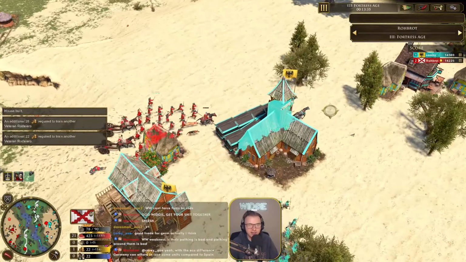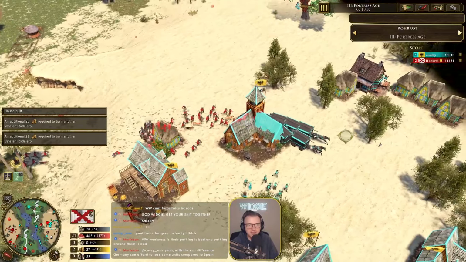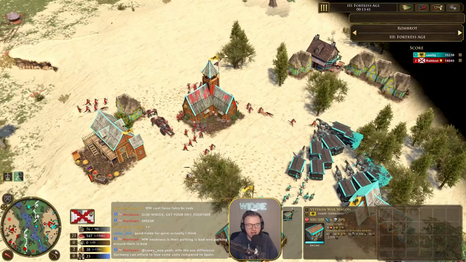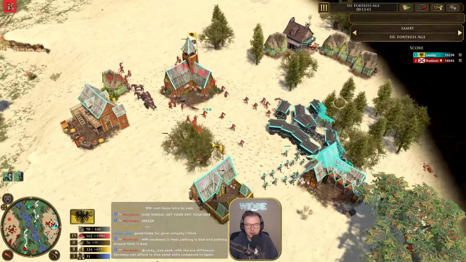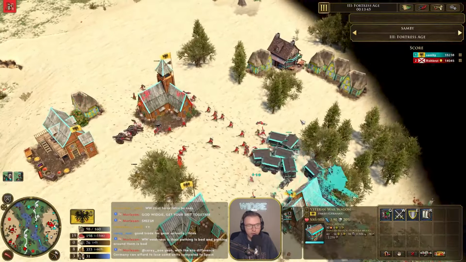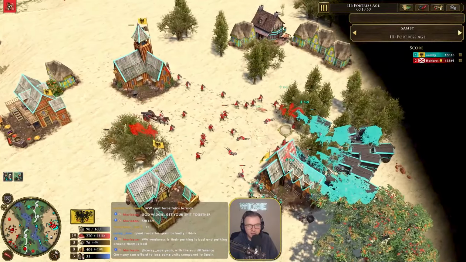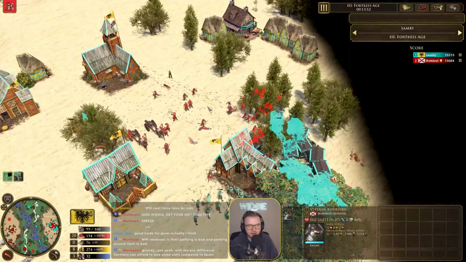I honestly don't think... is Sambi going to be able to hold this? There's a lot of skirms, though. They're going to be able to do some decent damage. Another batch of war wagons do pop out, though. He has 12 war wagons, and he's going to try and get in the trees here. Try and become a nuisance for the...